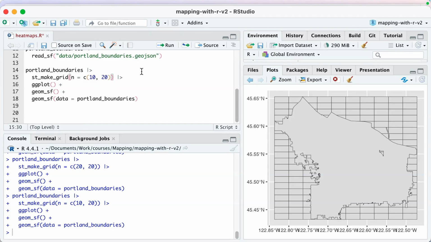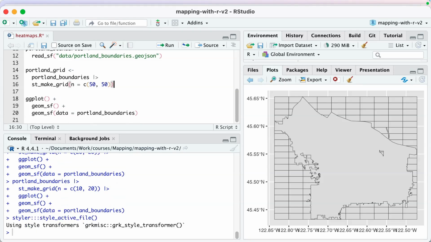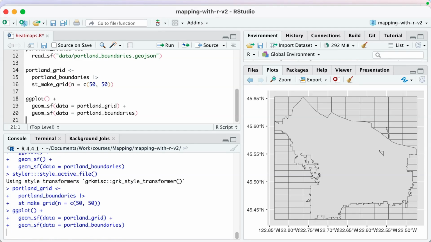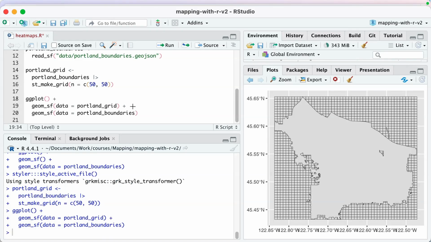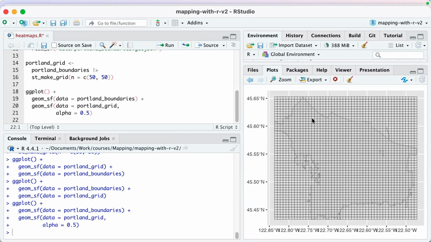All right, what I'm going to do now is I'm going to actually save this. I am going to call this Portland grid, and I'm going to make it actually 50 by 50. Let me reformat my code. Okay. And so just to show you, if I do data equals Portland grid, there we go. And in fact, if I switch the order here, well, that way you're not going to be able to see anything. But if I do alpha equals like 0.5,